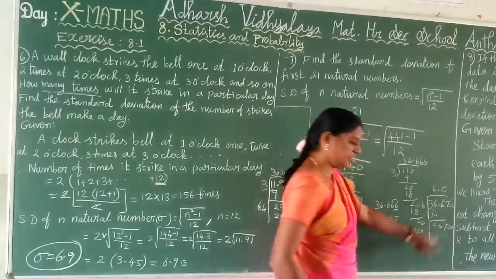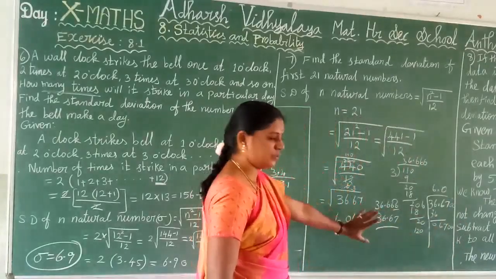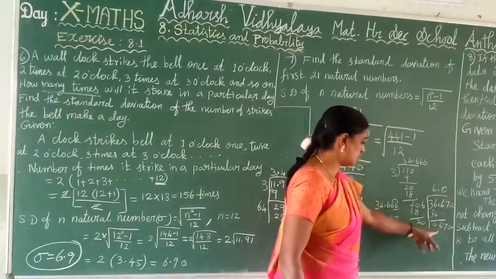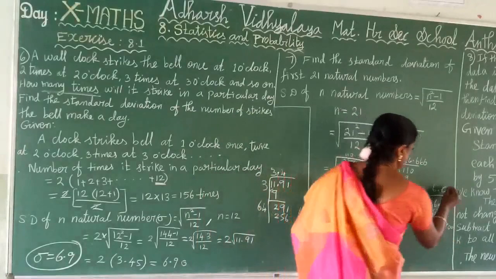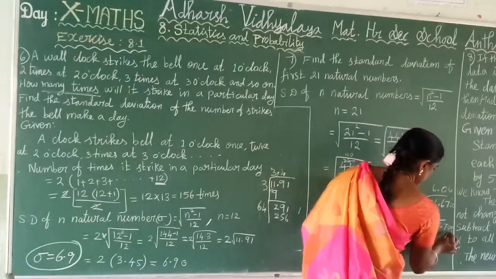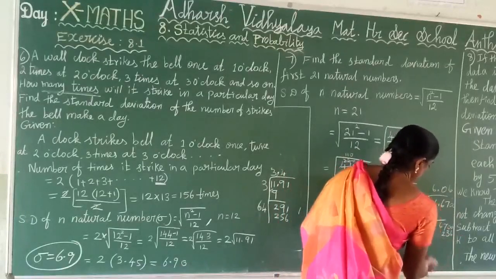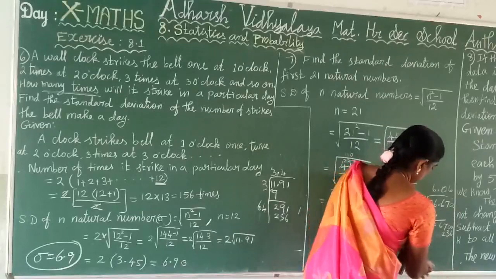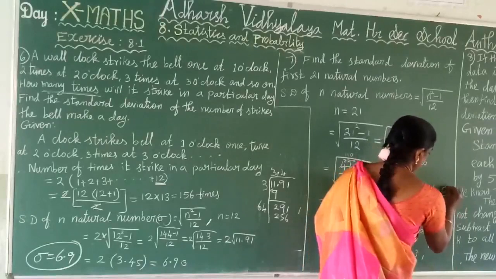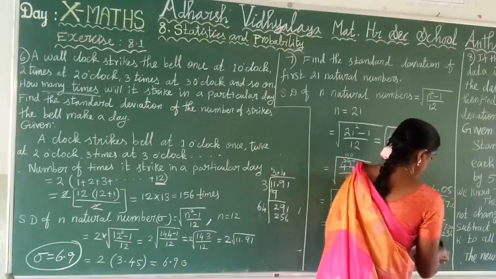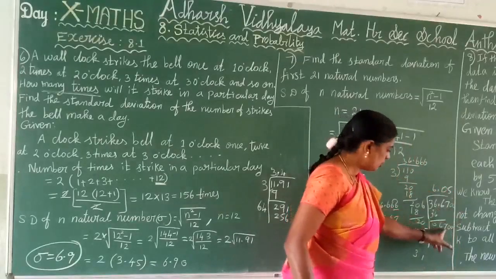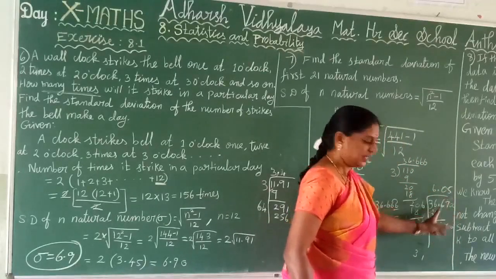Clear? And then continue the process. How many times is possible? 1 apply means here 6000 range, here 1000 range only. So here which is possible? Here 6000, so apply 6. What is the answer? 6 6s are 36, remainder 3, and 6 into 0, 0 plus 3, 3. 6 2s are 12, remainder 1, 6 1s are 6 plus 1, 7. So it is going more than, so apply 5. Clear? So like that you put it. First you put 6, it is more than, it goes to 6700. So apply 5. Clear? And then complete it.